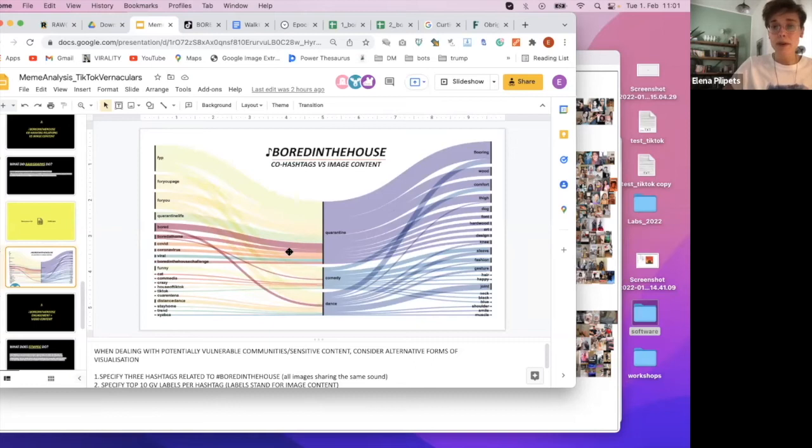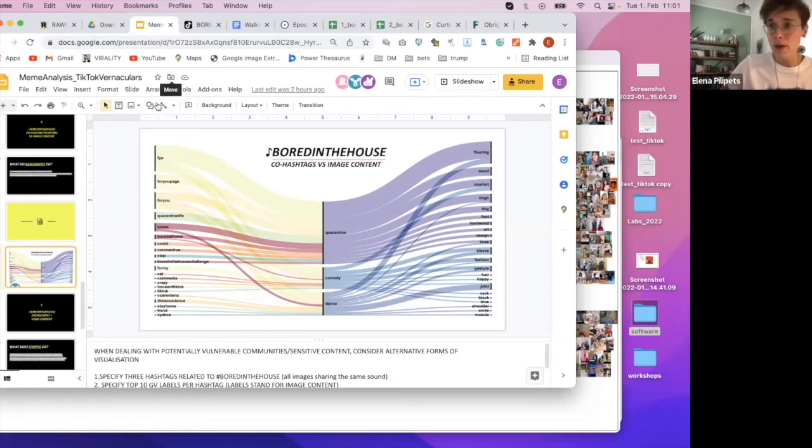What you see are three selected co-hashtags that were used frequently with the main hashtag boards in the house. These hashtags correspond not only to the main hashtag, but also to the actual sound. So what we are